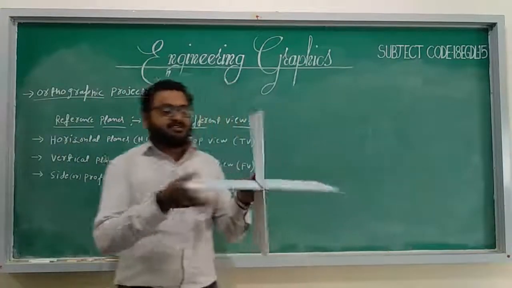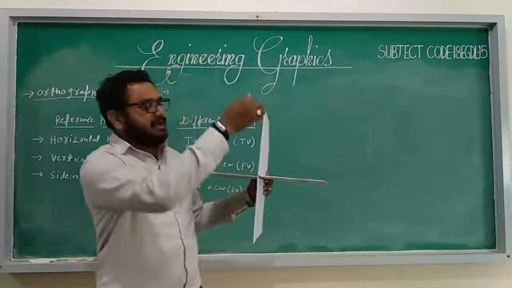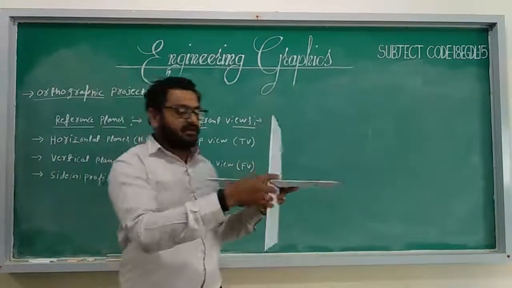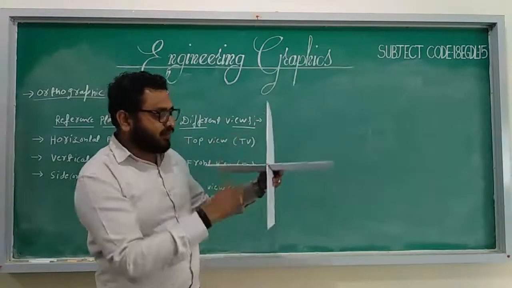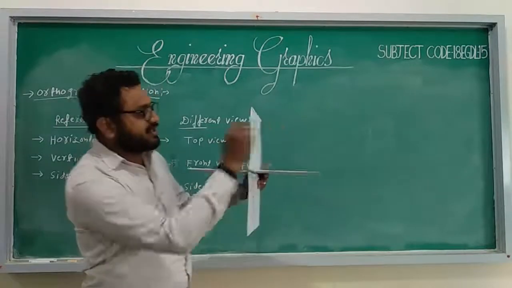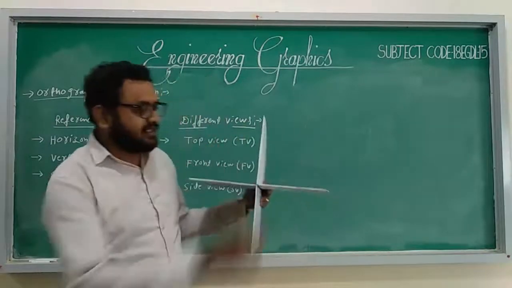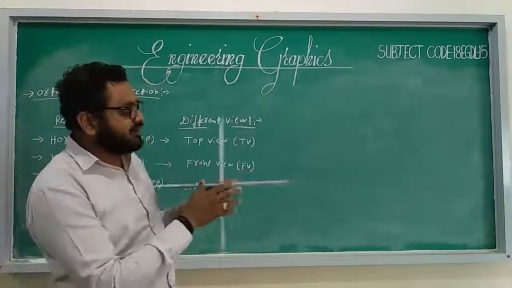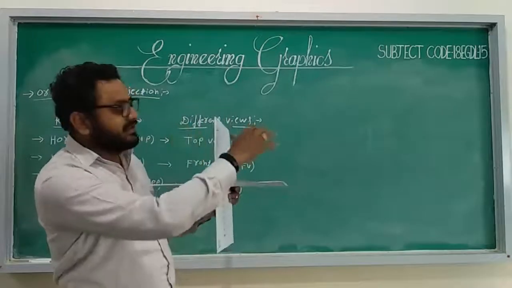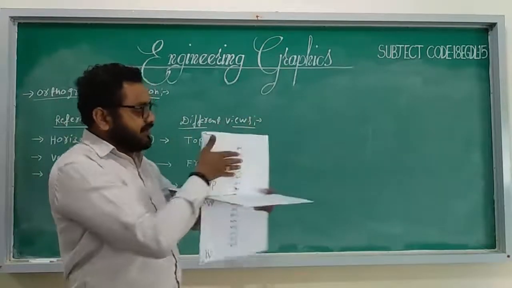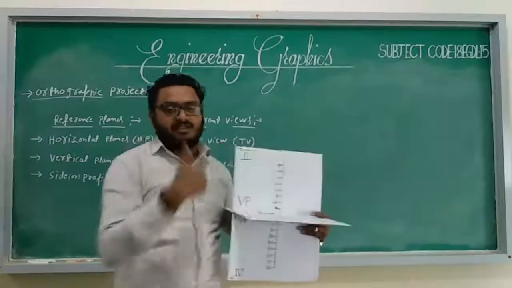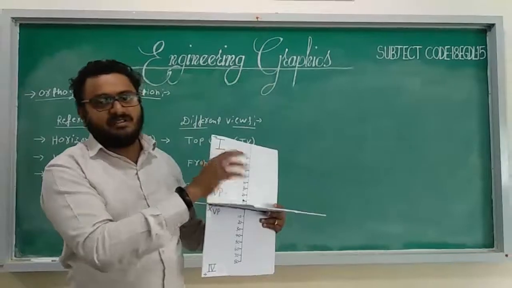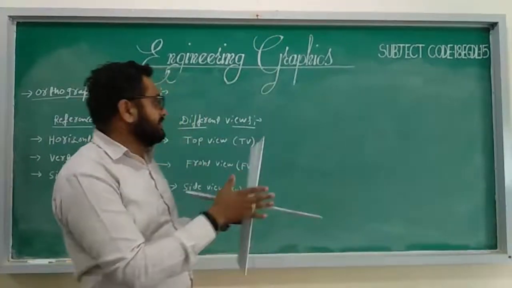So this is the horizontal plane and this is the vertical plane. When the horizontal plane and vertical plane intersect here, we will get four boxes, four chambers. These four chambers are called quadrants: the first quadrant, second quadrant, third quadrant, and fourth quadrant. Then we will keep the object in a particular quadrant, and we get the front view, top view, and side views. Then we get a proper image or the dimensions of the object in different views. How it will be done, we will discuss now.